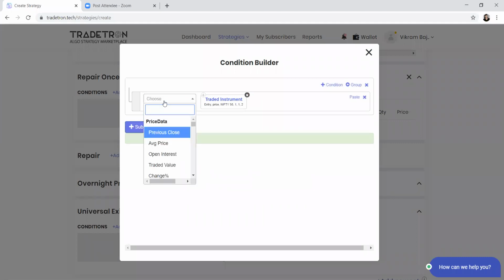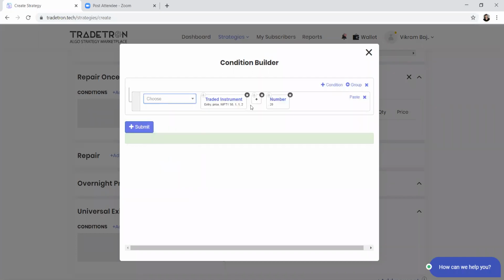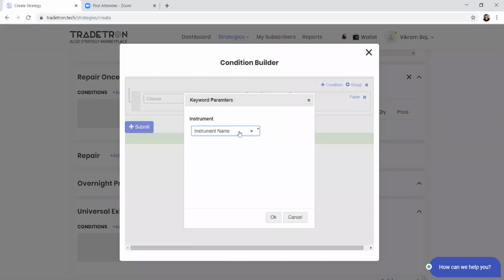Now let's say if you want to compare it with LTP, so if this price plus, and I want to put a 20 rupee profit on this, so I'll compare it with LTP. In LTP, I'll again select traded instrument name.